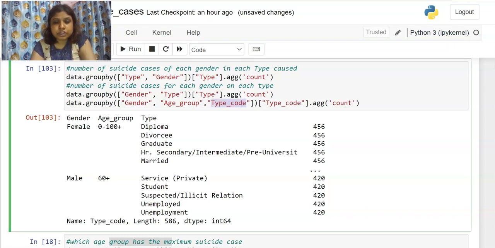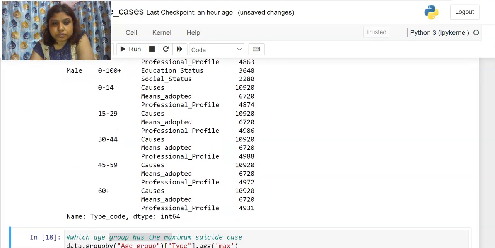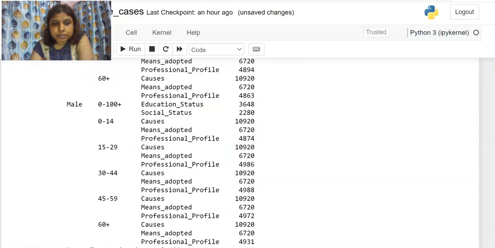So we could also do that. For the other age group, they don't have any data, it seems. So it is showing for the type code, you are getting all this kind of distribution. So you could also visualize the data for the male who is in between 15 to 20,